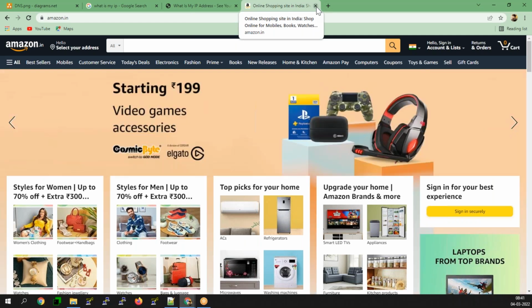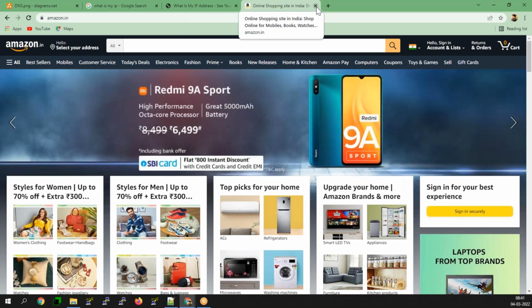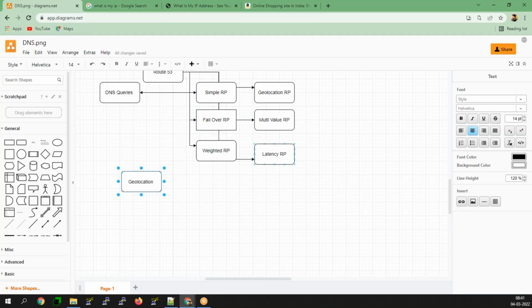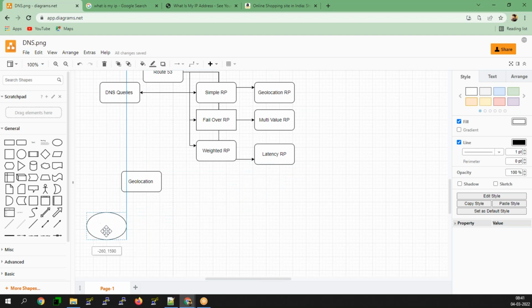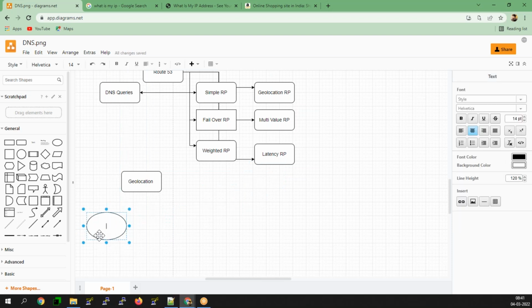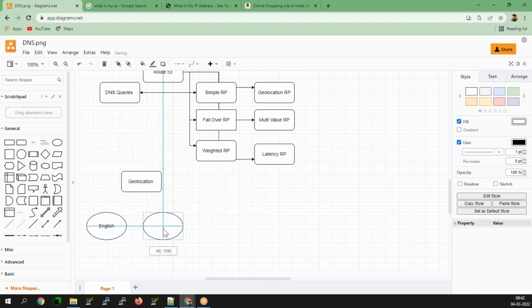Am I clear on this? So this is how it's going to happen. The other important thing that you guys need to know is that with the geolocation routing policy, if you are hitting from India, it will open your website in English.